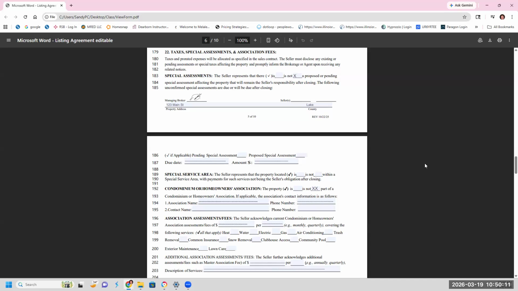A special service area, on the other hand, is more common when your client is buying new construction and the builder didn't want to put the cost of bringing in all the utilities into the cost of the house. Instead, they're passing it on as a tax to the new home buyer. All right. So the price of the house looks very attractive.